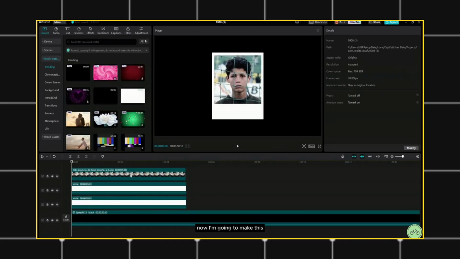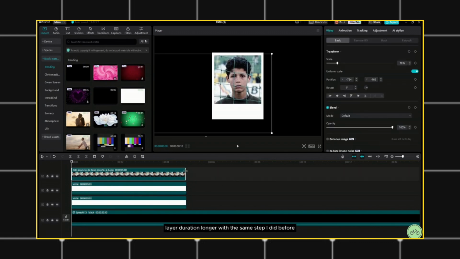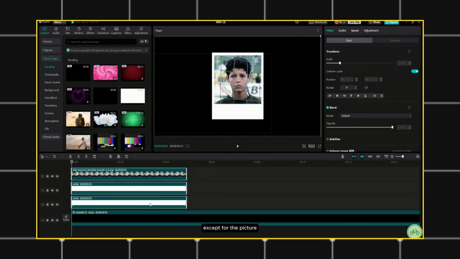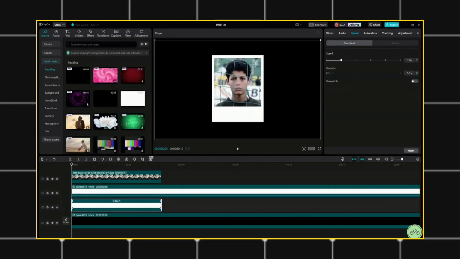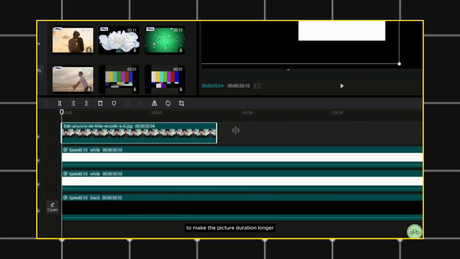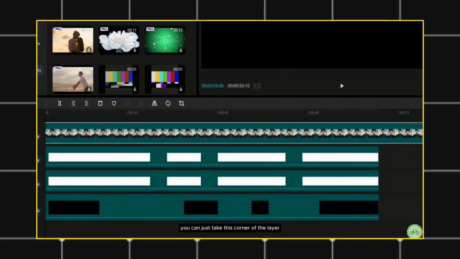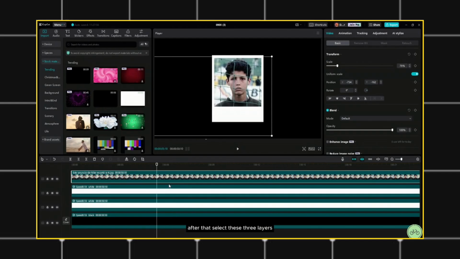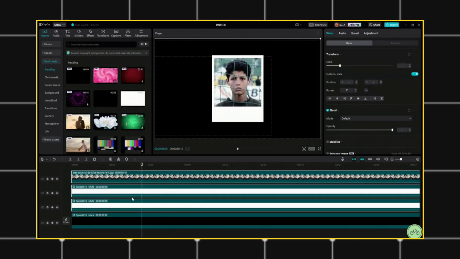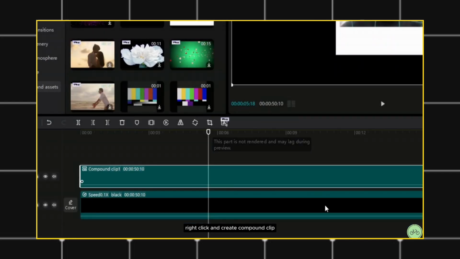Now I'm going to make this layer duration longer with the same step I did before, except for the picture. To make the picture duration longer, you can just drag this corner of the layer. After that, select these three layers, right click and create compound clip.